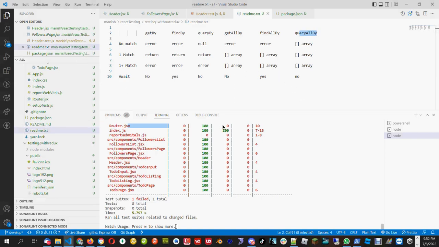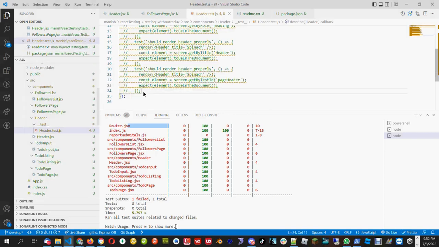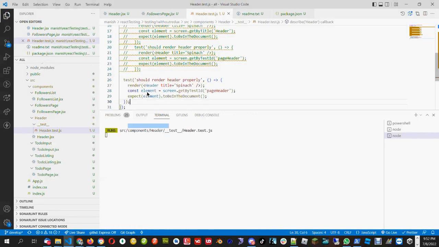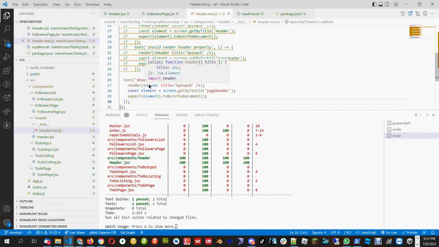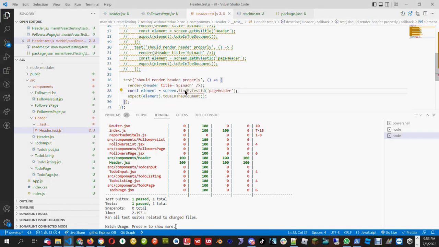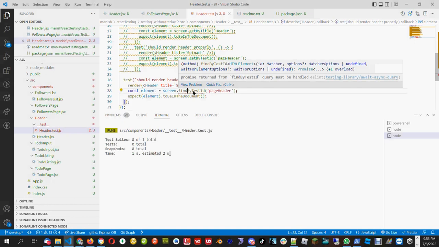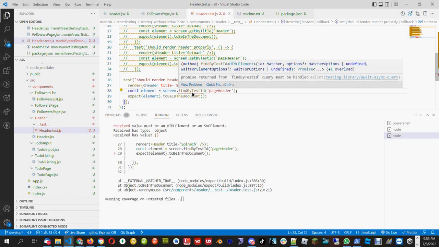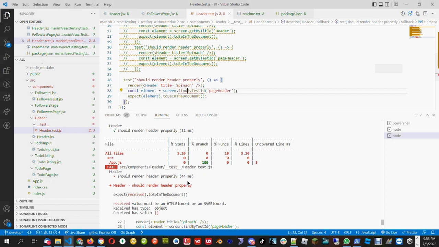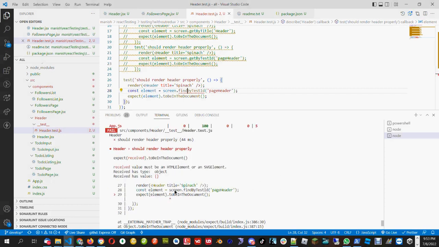Okay. So this is how we work. Let's put the find by, but it will not really work. You can really check that when there is an Ajax call, and we are going to do one test on the Ajax call. But I'll just put it here, how the find by works. Okay, so here if I put find by test ID, you will see it gives me an underline error because find by doesn't work without the Ajax calls. Always you have to use the await here,